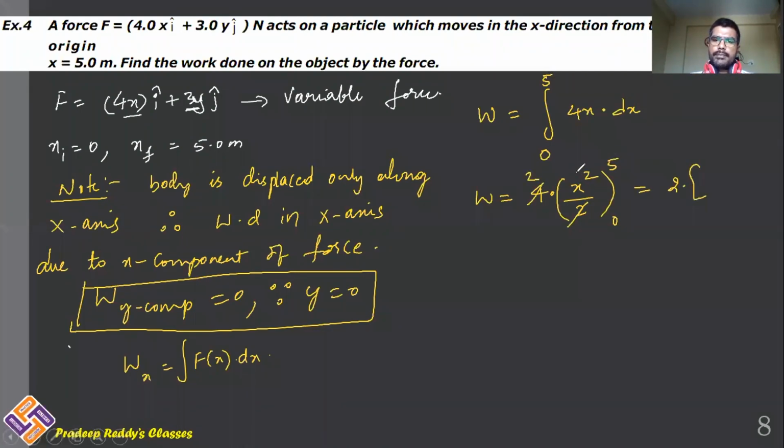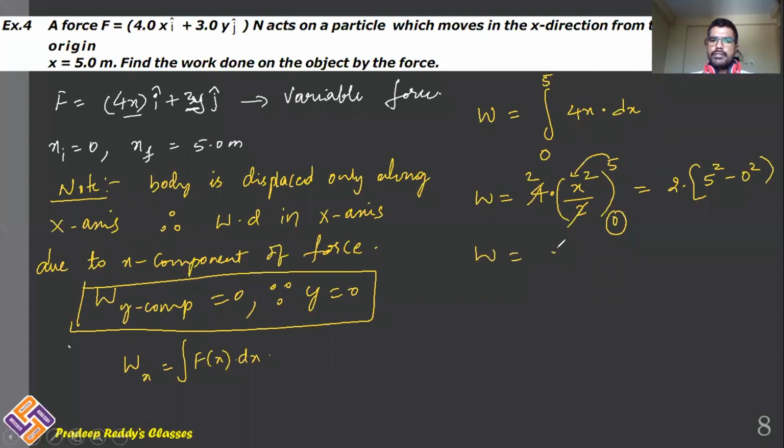First you need to substitute the upper limit in terms of x. The upper limit is 5, so 5 square minus the lower limit. This minus is by default. Always, wherever there is x which is a variable, it is upper limit minus lower limit. Upper limit is 5, just substitute 5 in the place of x. 5 square minus lower limit, which is 0. So 0 square, you will be substituting there.